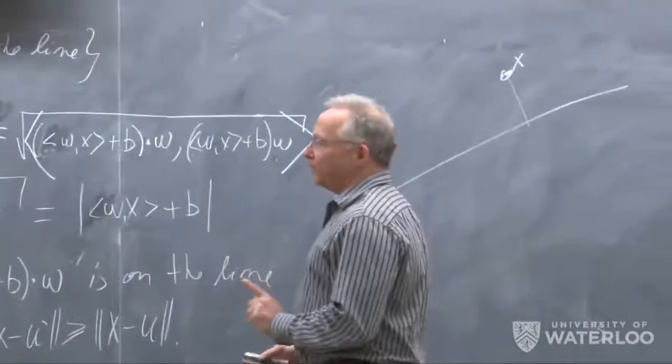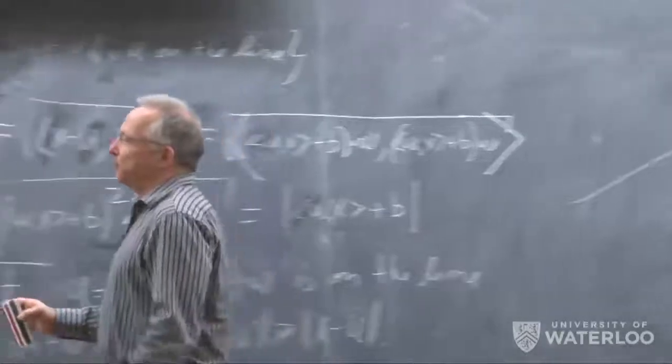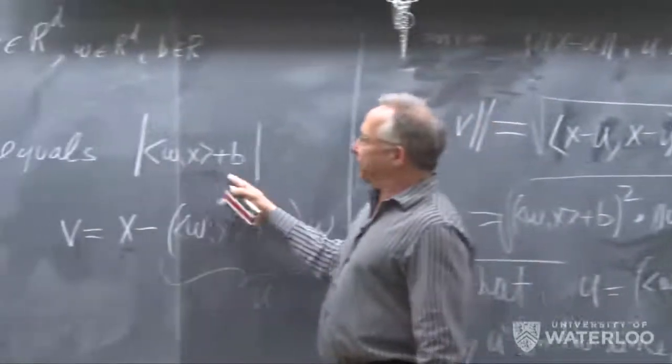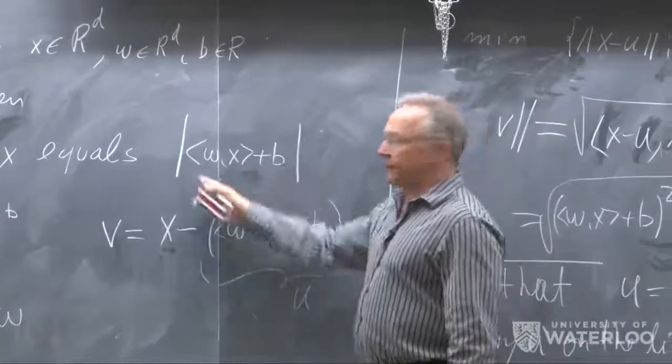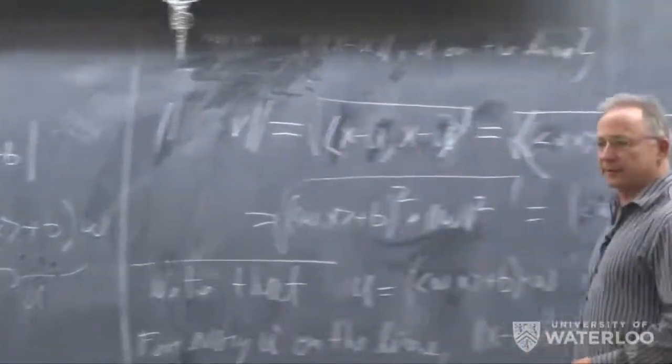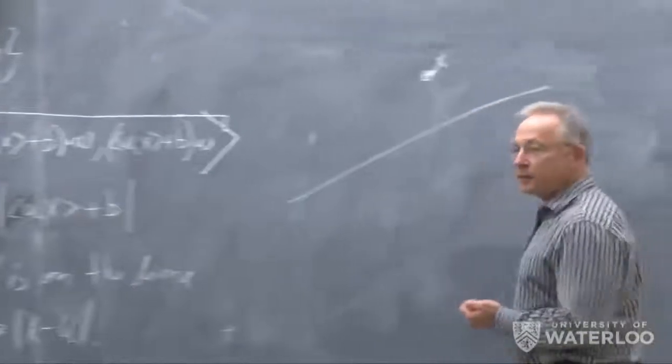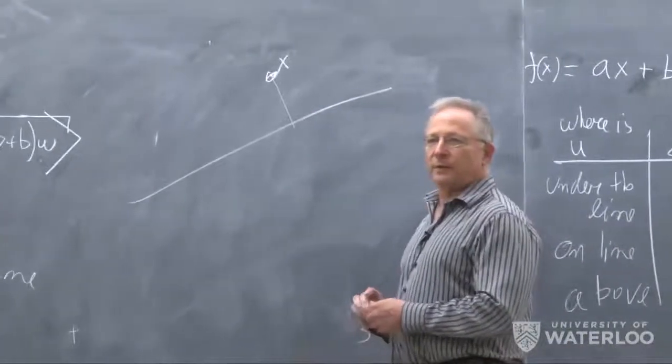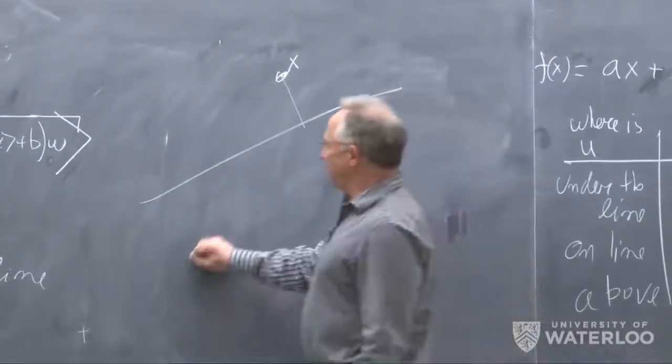Okay, so what I'm claiming, the only thing that I wanted to prove here, is that by substituting a point on the line, we get this number. It's the margin of the point from the line. And now we can go back to the hinge loss. So the hinge loss was, remember, what was the hinge loss? The hinge loss, L hinge